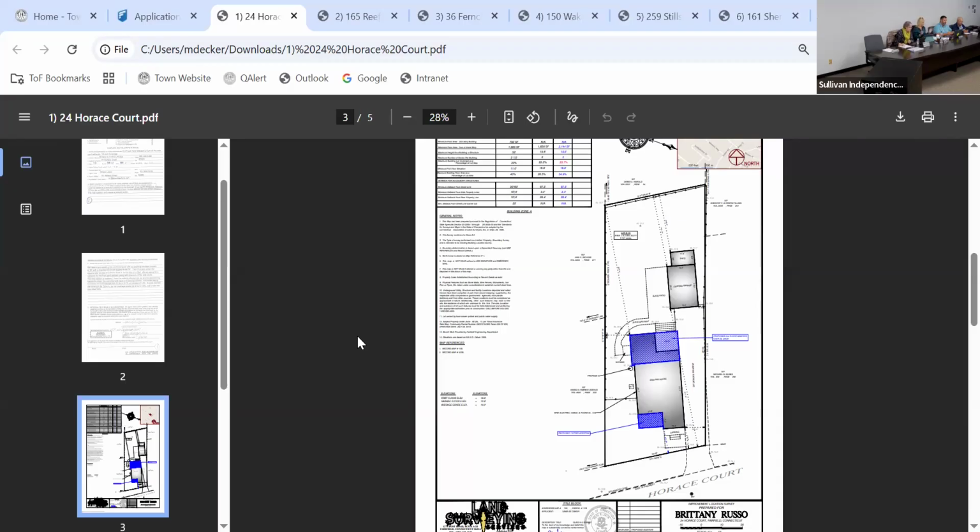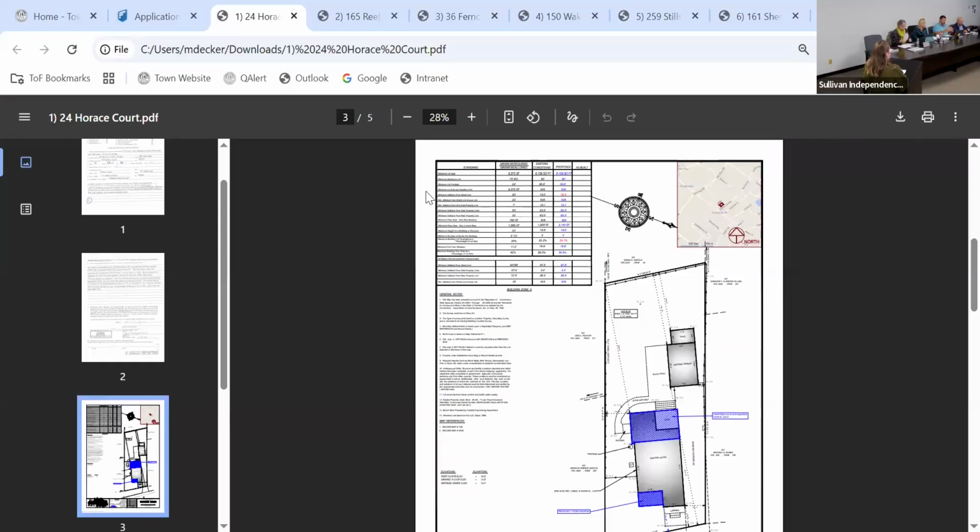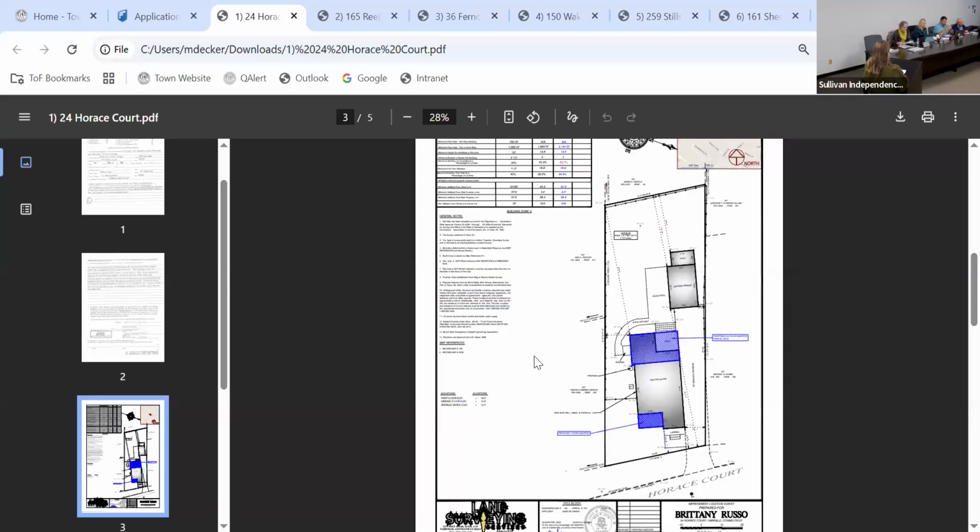Okay, so we are going to go to number 1, which is 24 Horace Court, map 139, parcel 318, petition of Brittany and Anthony Russo for a variance of the zoning regulation, section 3.4.1, to reduce the street line setbacks in sum of 2 sideline setbacks from 30 and 25, currently 10.5 and 22.3, proposing 12.9 and 22.3, and section 3.5.1 to increase the lot coverage 20%, currently 22.3, proposing 23.7, permission to construct a 1-story and a 2nd floor addition, premises A zone.